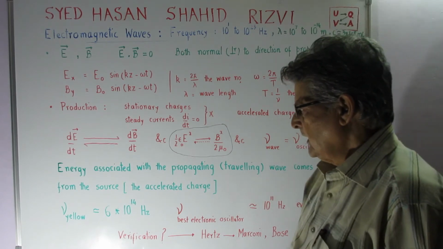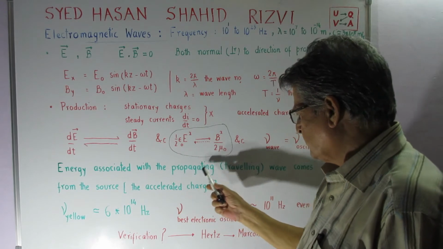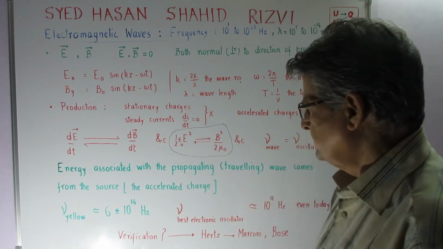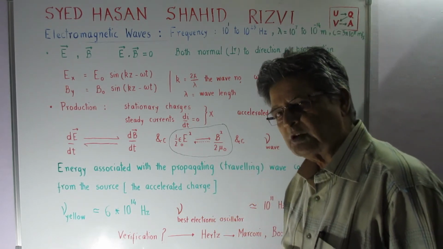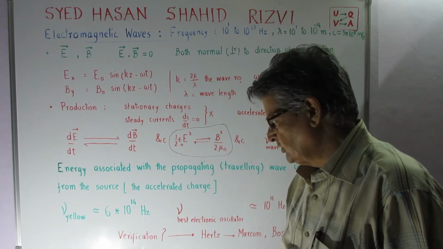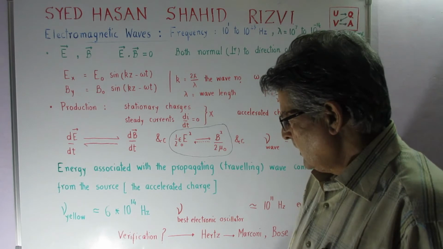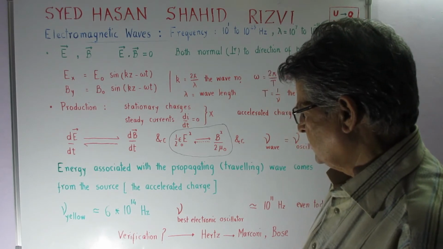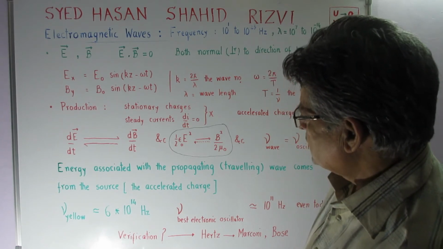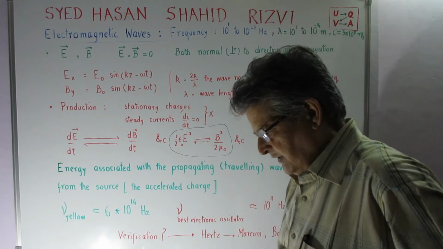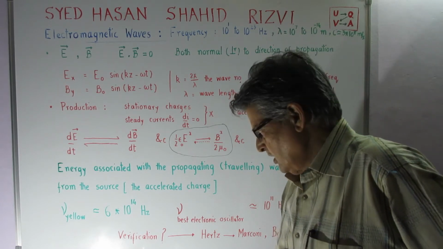Now, the energy associated with the propagating or traveling wave comes from the source. And what is the source? The source is accelerated charge. And then it appears that if we are able to measure the electric field or the magnetic field as